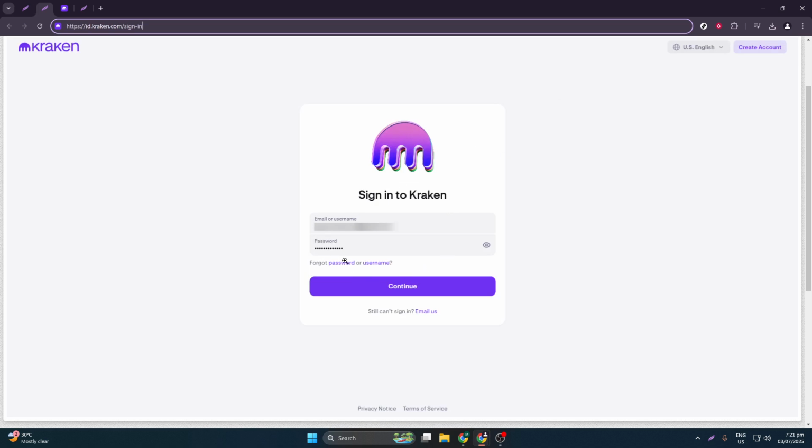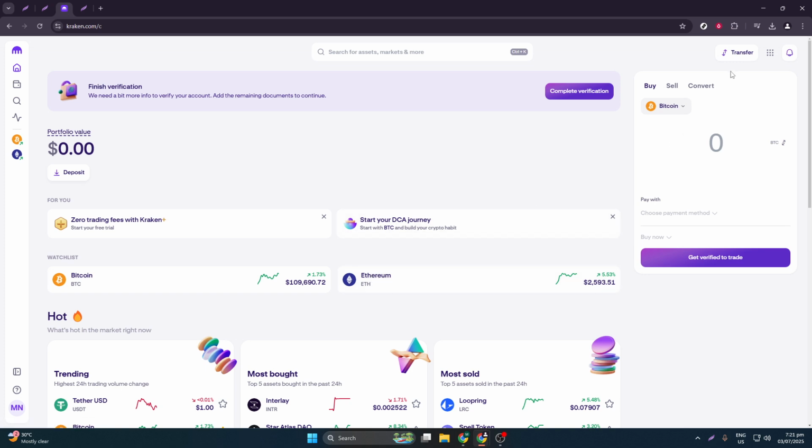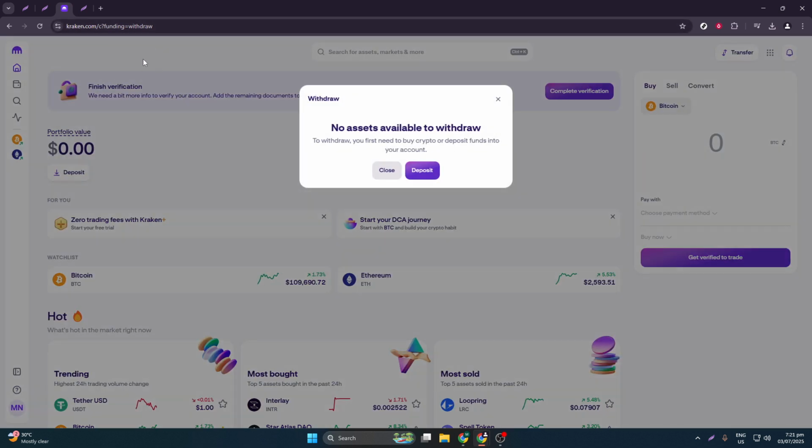After successfully logging in, direct your attention once again to the top right corner of the screen. You should see an option labeled Transfer. Click on it and a drop-down menu will appear. From this menu, select Withdraw. This action will guide you to the withdrawal section where you can initiate the process of transferring funds to your